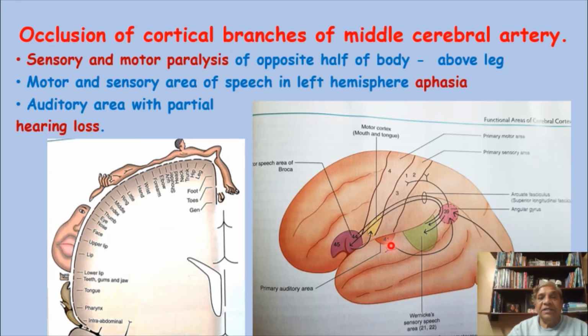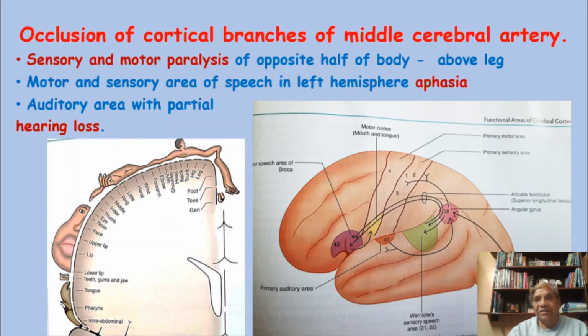But there is another important area, number 41, I am moving my cursor on that. It is on the superior temporal gyrus, and this is for hearing. So there will also be loss of hearing, but this will be a partial loss, because the other hearing area on the opposite cerebral hemisphere is still intact, hence there will be the partial loss. So these are the quite major effects of the occlusion of the cortical branches of the middle